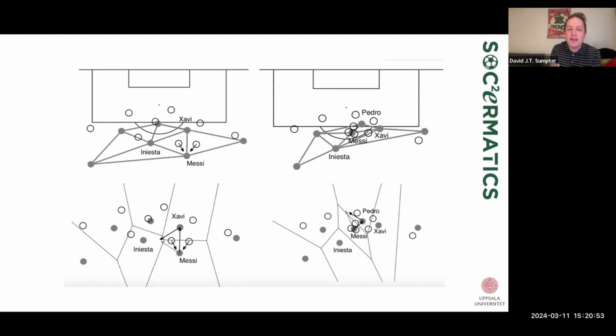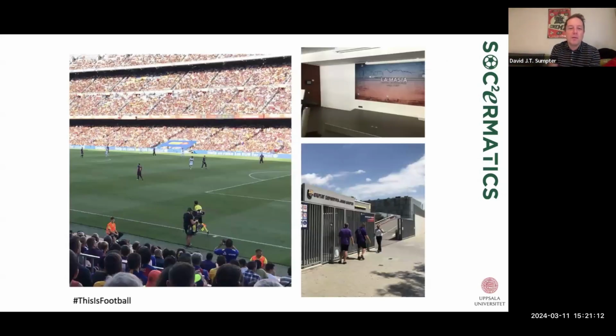The diagram on the right shows the same thing for a pass to Pedro a few seconds later. The space is much tighter, but the principle is the same. He moves into a space, he opens up the possibility of a pass, and then he can release Messi with the next pass. And what amazed me when I finally came down to Barcelona and went to La Masia and had that experience of watching Messi up close, but also talking to the coaches and the training staff there,